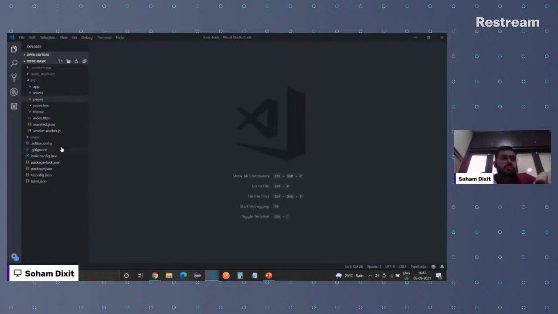Okay, so let me explain a few things over here. We have something called assets, wherein we can have images and miscellaneous things, the graphics and all, which we won't use that widely. But something which we're going to make use of today is pages. We have this one home page added right now. We'll add more pages as well as we proceed further. We'll also have providers and other parts. But let me explain what we are actually going to do today.